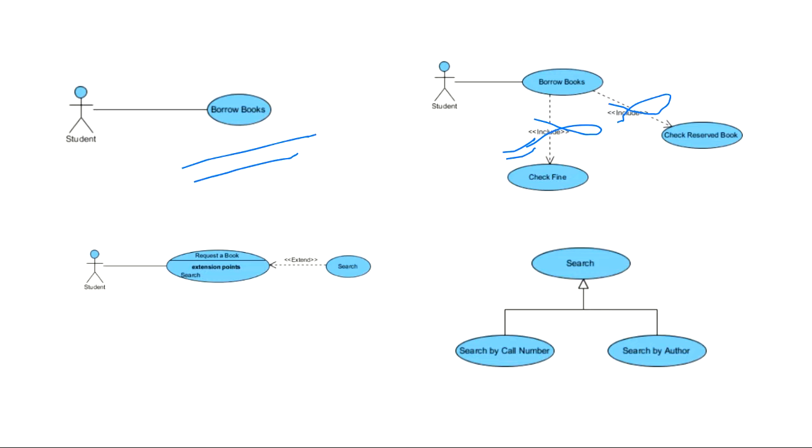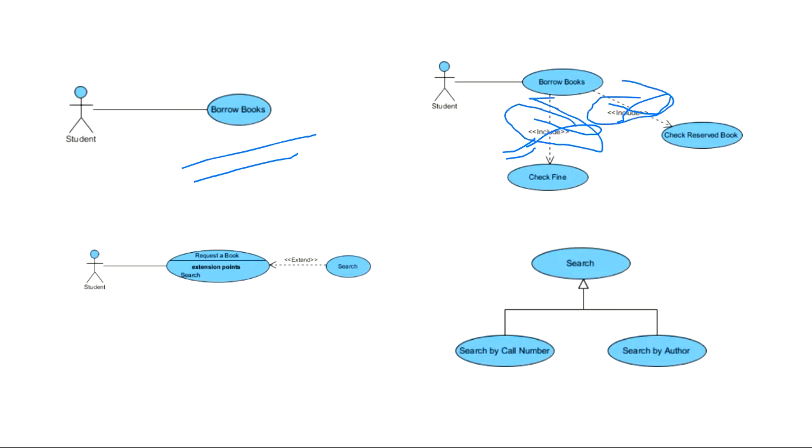But where the minor mistakes will come: the question is asking for 4 actors and you have made 3 actors. You have replaced the primary actors with secondary actors. You have not included all the use cases asked in the question. How will you identify that you have to use include?